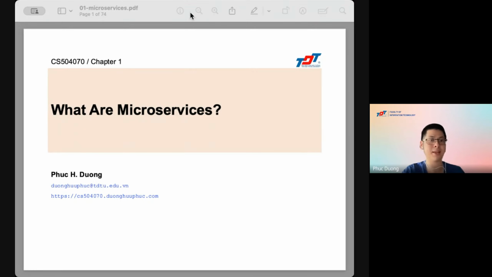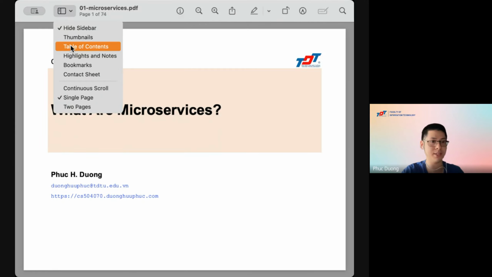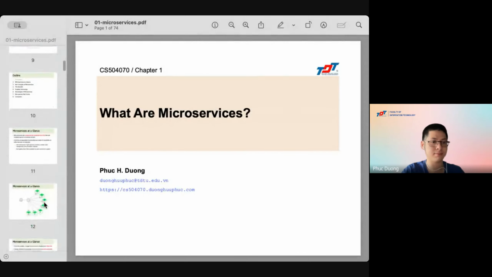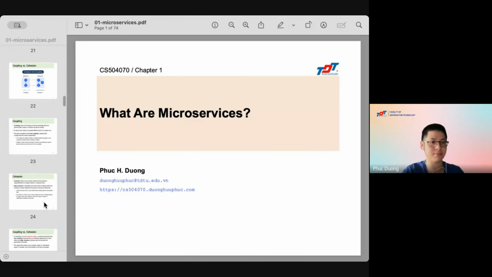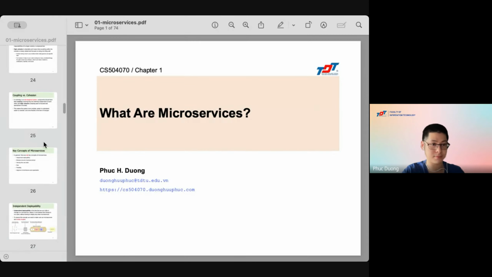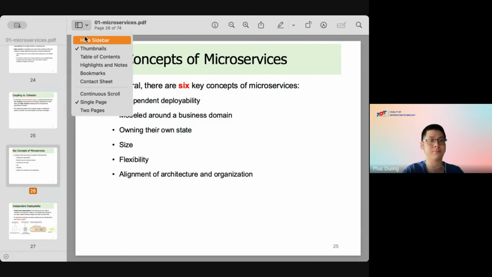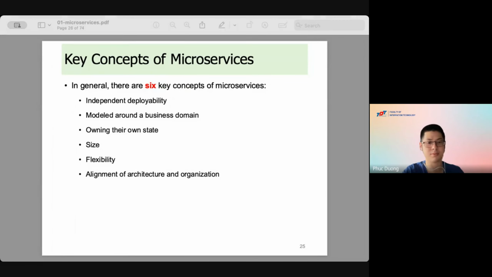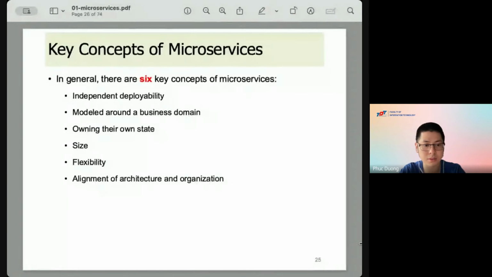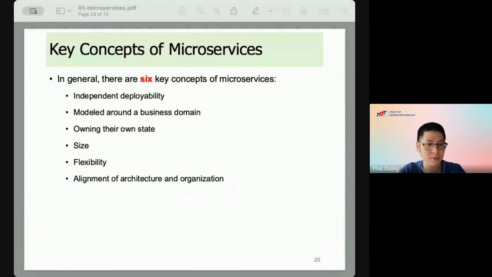Okay, so now we go to the theory first. In microservice we have some key concepts.